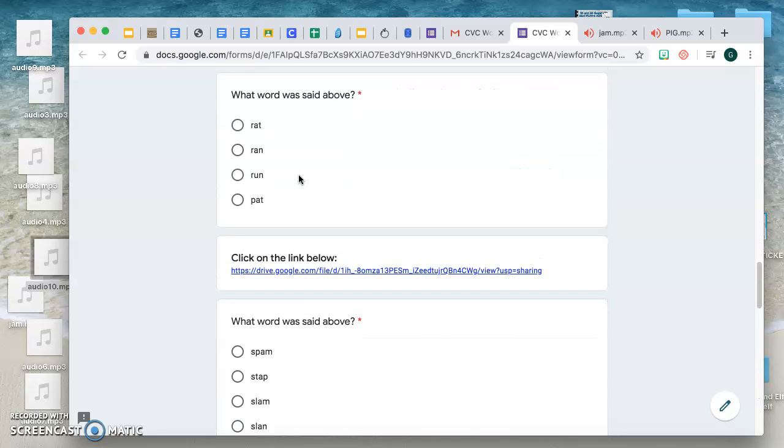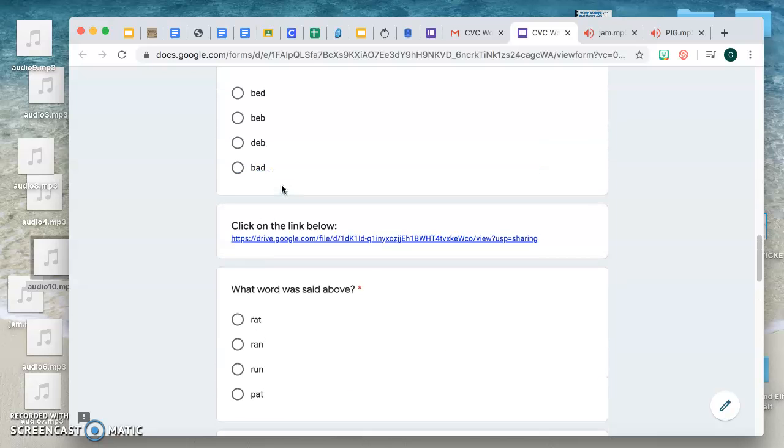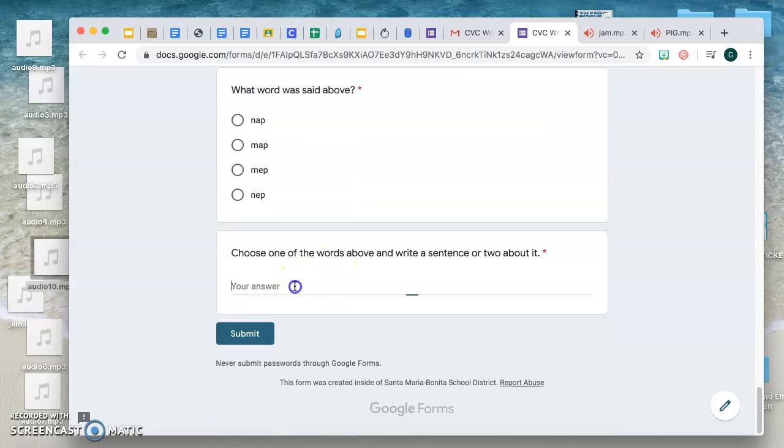So let's see. Maybe this one was bed, so I'm gonna choose bed, and I could come on here, right? I have a bed. It is big and blue. And then they could type that about it, and if they can't type it, it's a little too difficult for them,